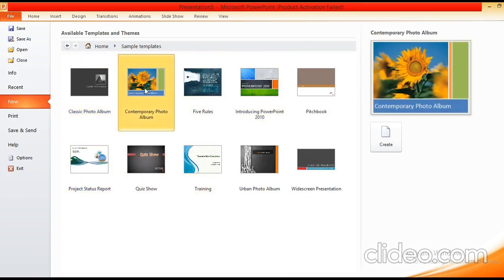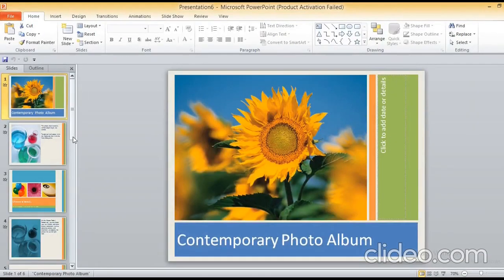You can take any template from here, then click on the Create button. PowerPoint creates a new presentation based on the selected template. A new presentation gets created in front of you on the basis of the template which I selected from the sample templates. I think all of you are clear.